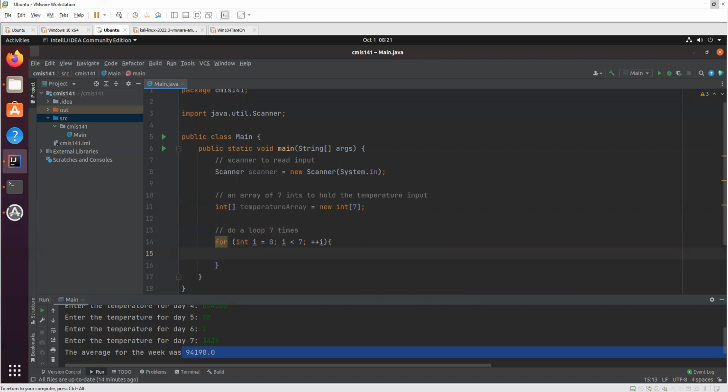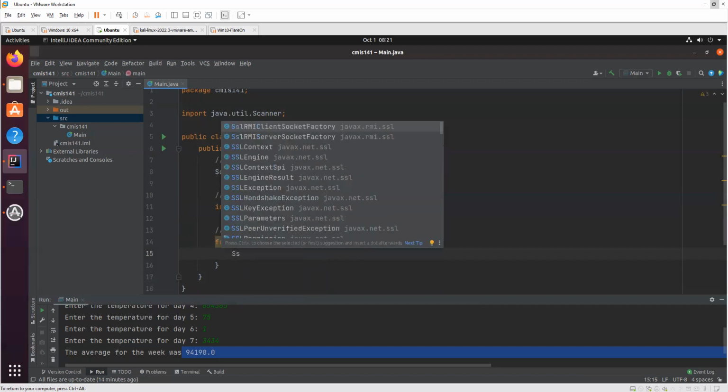Each time in this loop, I already said it's going to loop 7 times. Right here, this tells you it's going to loop 7 times. I have an array that takes 7 integers. I want to ask the user to type in the temperature each day of the week. So let's tell them